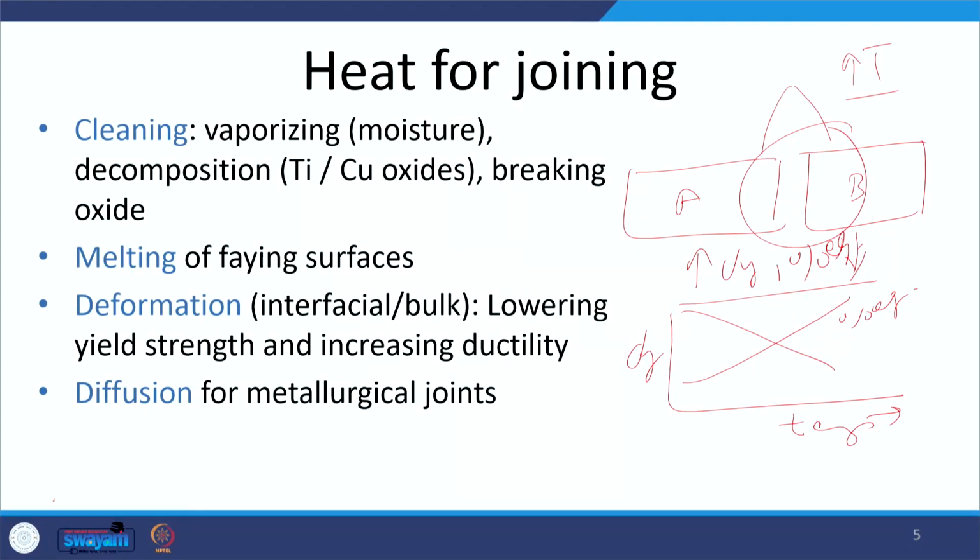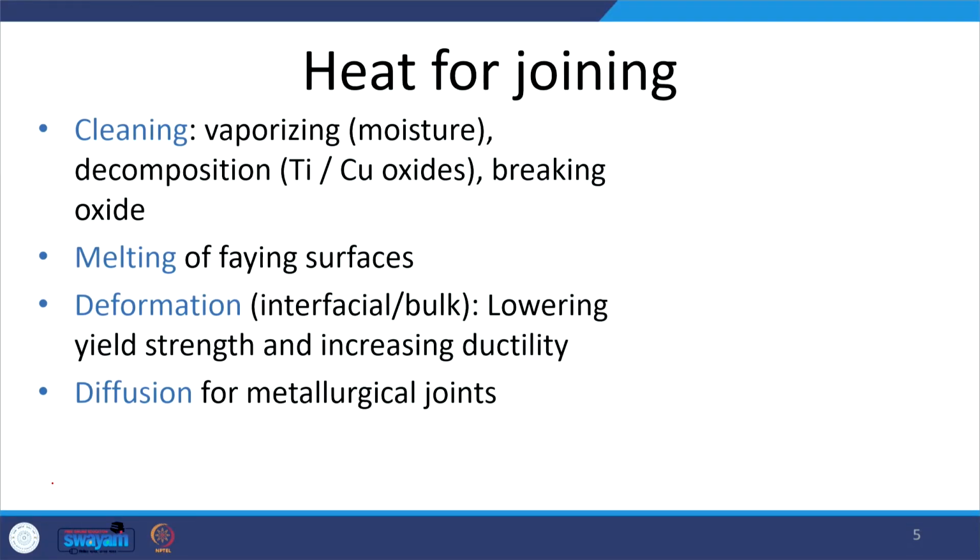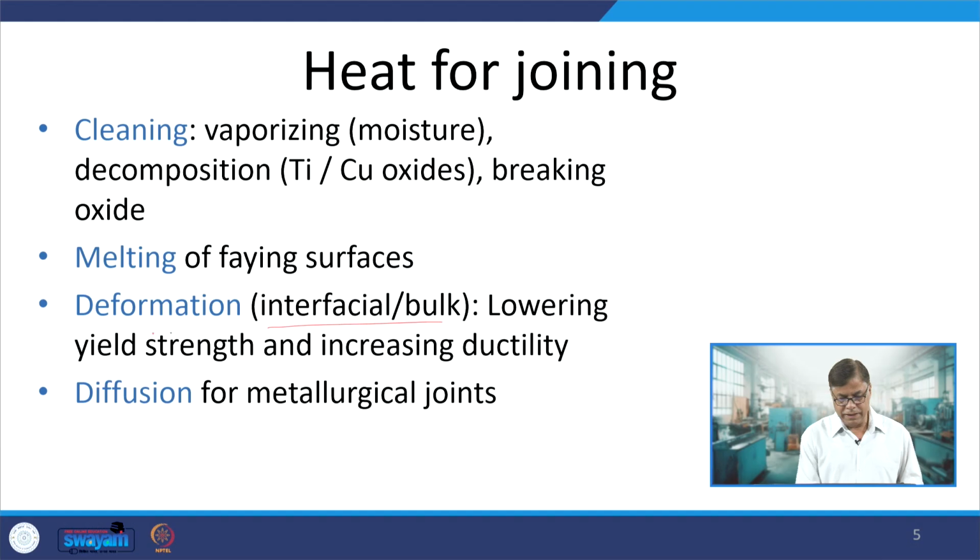the joint. Okay. Even in ultrasonic welding or explosive welding, a little heat is generated and that helps in softening and plastic deformation. So, the heat is generated, and deformation is realized certainly at the interface. This can be at micro level or macro level. So, when the heat is applied, it helps in lowering the yield strength and increasing the